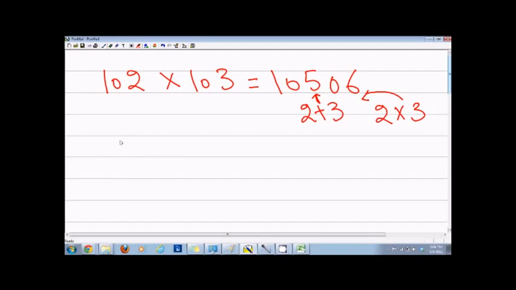So for example, again if we take 104 and 102, then the answer will be 1, 4 plus 2 is 6, and 4 into 2 is